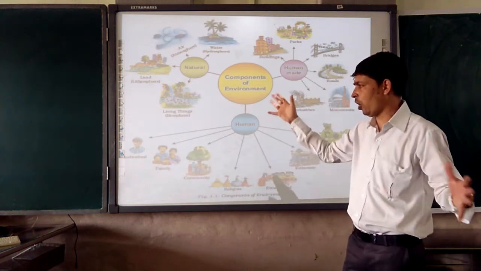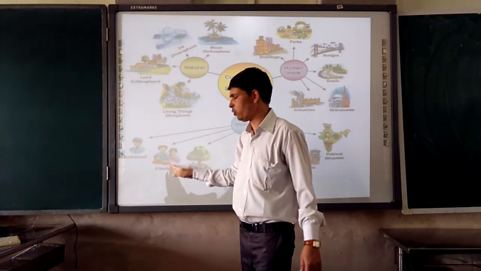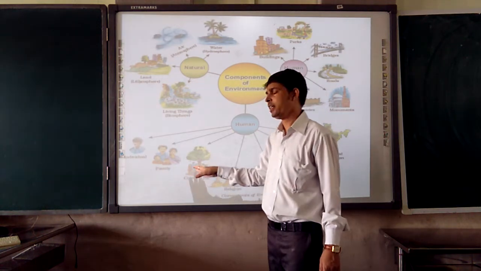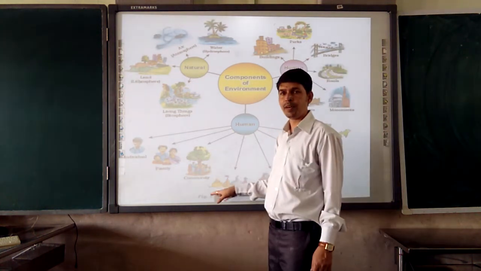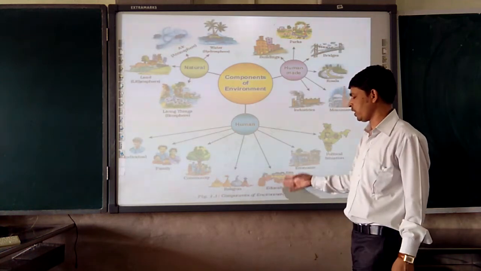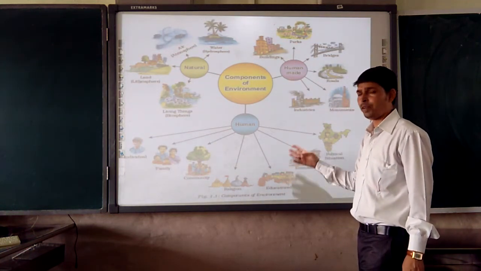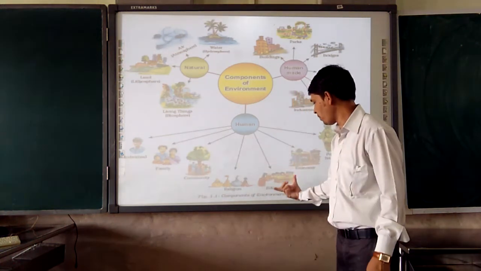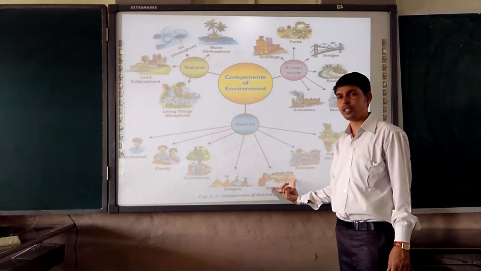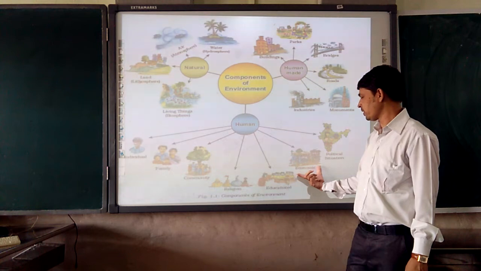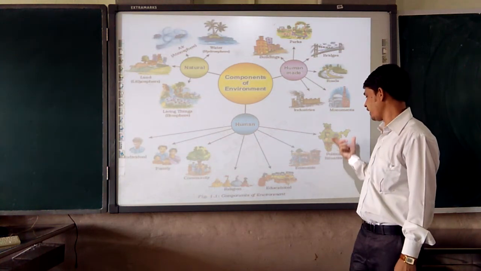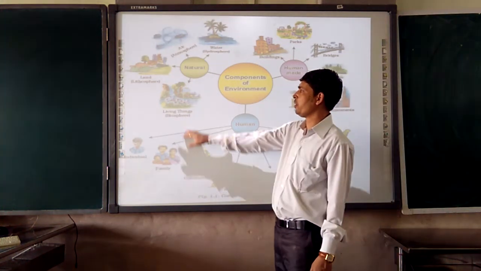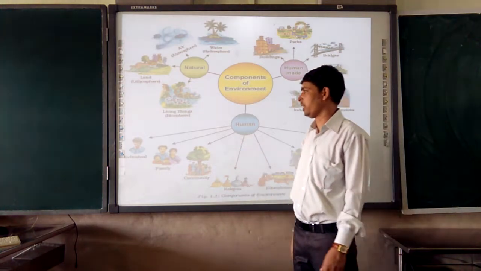Because as an individual connecting to the family, as a family connecting to the society, in the society, in the community, they are following different religions. The different religions give different teaching and education patterns and systems. After getting the education, they become a reliable and useful resource. With the help of education, they will become a very good resource for the country, and the country's economic development will flourish, and the economic and political situation of our country is going to improve. So all the components of the environment are interconnected with each other.